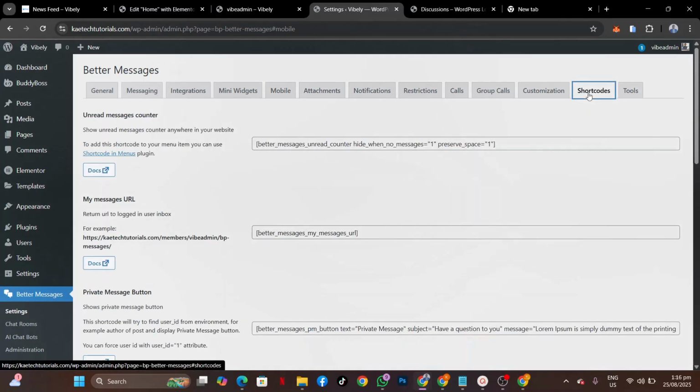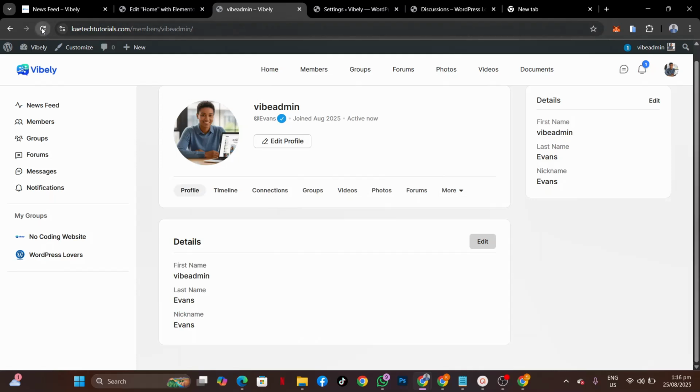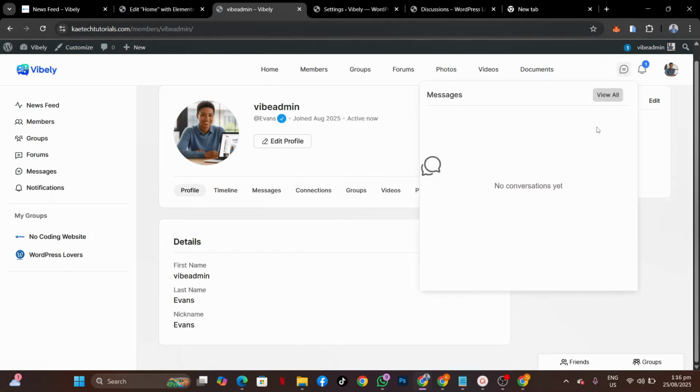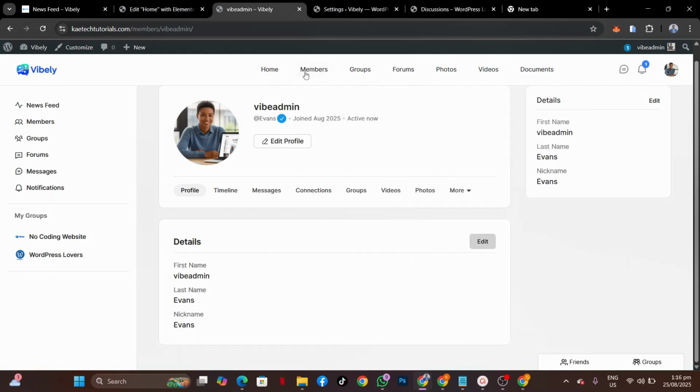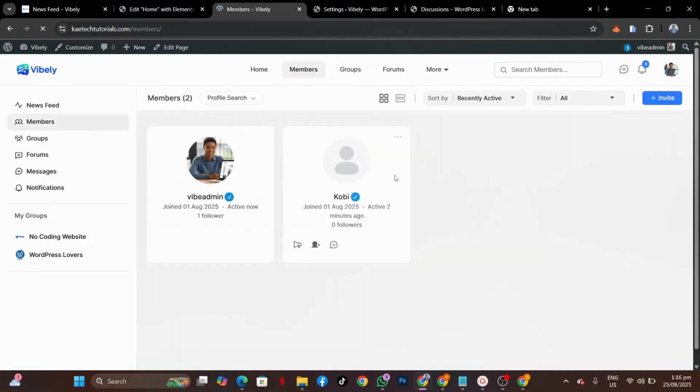Okay, and there's even a shortcode that you can use to display the messages in some pages and other places that you want to display. All right, so now that we have this one done, we can test it out. So let's refresh the website and see our messages. So this is basically the messages over here, and we can start a conversation with our friends and all those things. So for instance, let's look at our members over here and try to start a conversation with this guy over here. So click over here,